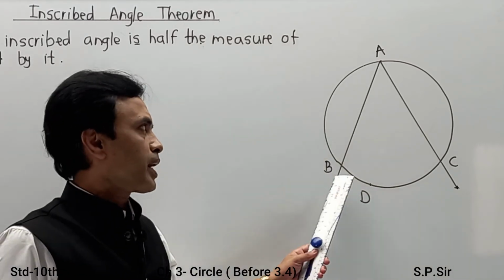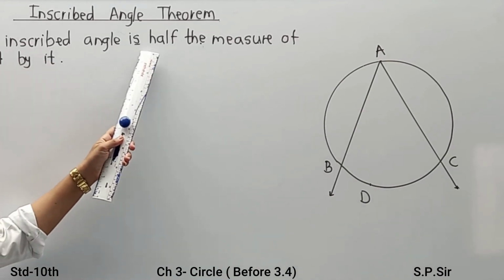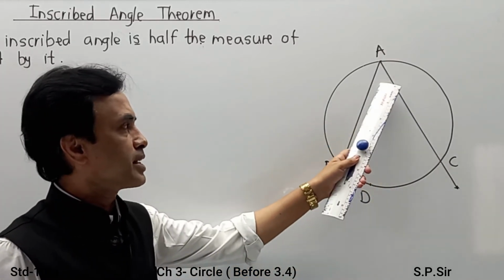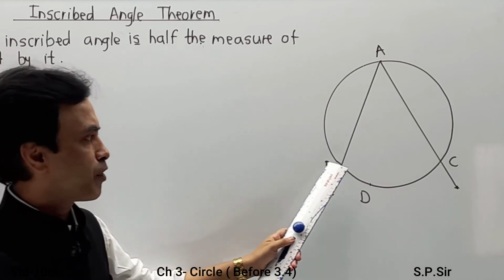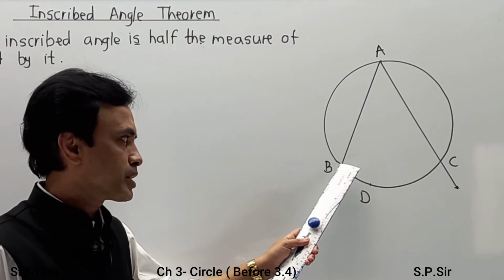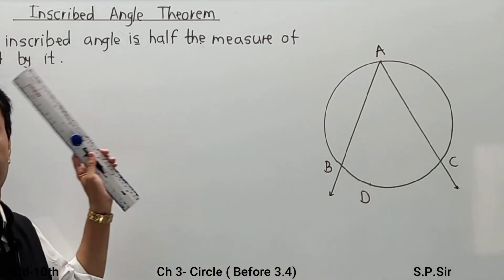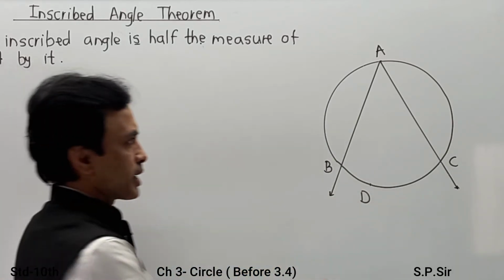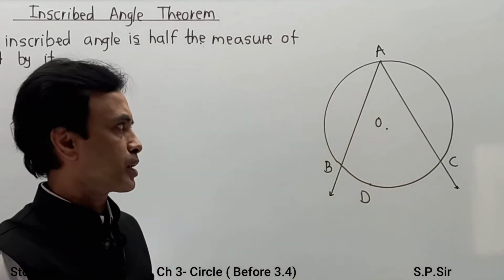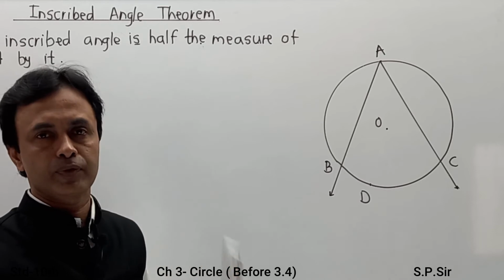So you can see one angle BAC. As per the given condition, the measure of an inscribed angle is half of the measure of the intercepted arc. Angle BAC is an inscribed angle. It is half of the intercepted arc, means half of this arc BDC. That we have to prove. So according to this observation, I am going to write all the parts in terms of given, to prove. And let us say for this circle, I am going to indicate O as the center of the circle. And all this I am going to write in terms of given, to prove and proof.